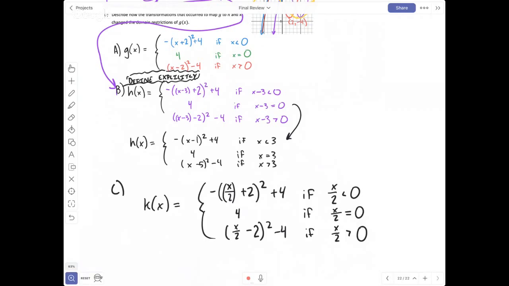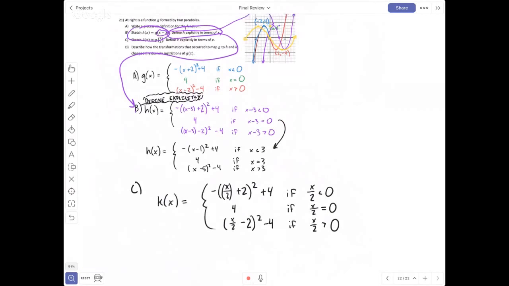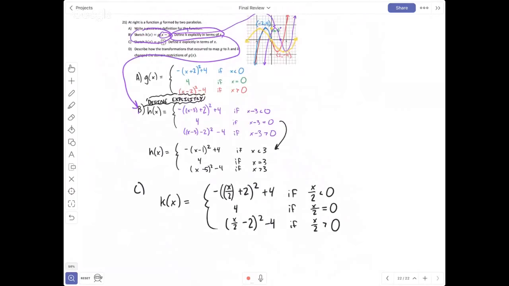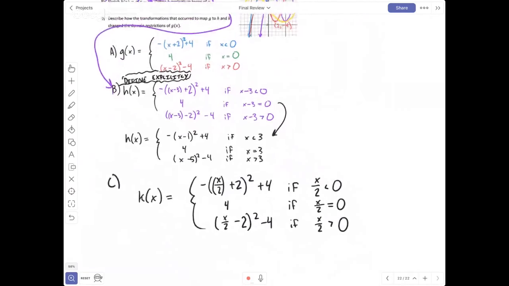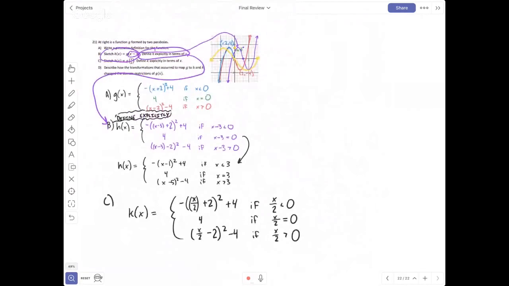Okay, that was part C. D, describe how the transformations that occurred to map g to h and k change the domain restrictions of g of x. Cool, so last piece here, we're saying part D, and